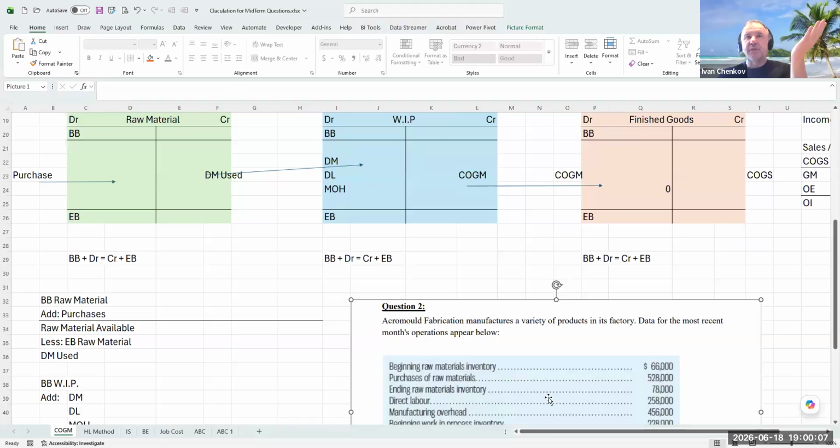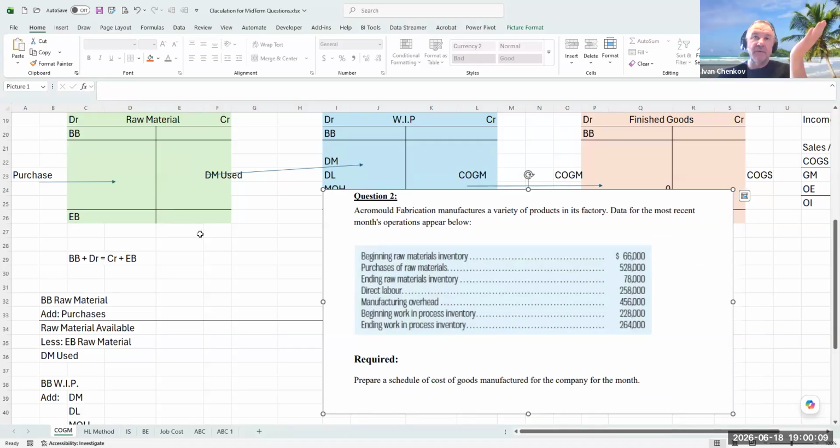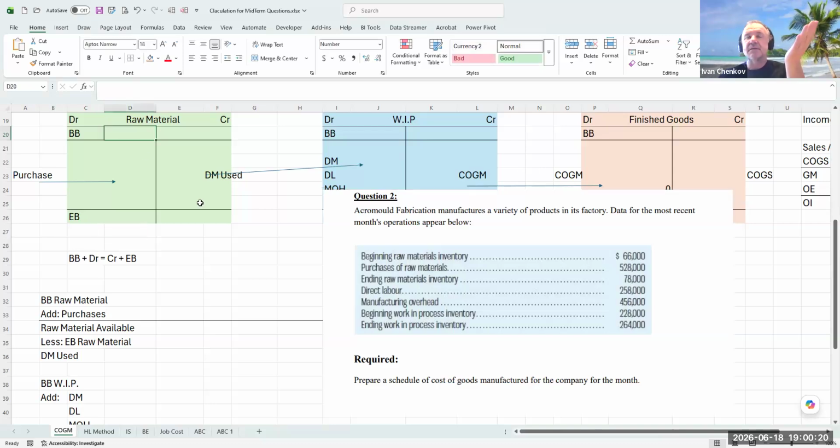Now, one way is to put everything on the T accounts. If it's easy for you, once you get the information, you can put it on the T account and then apply it to this chart. Either try the drop down menu and apply the numbers. But the easiest one will be